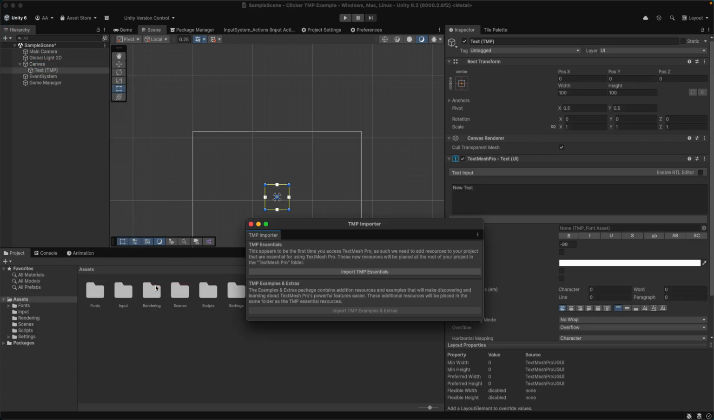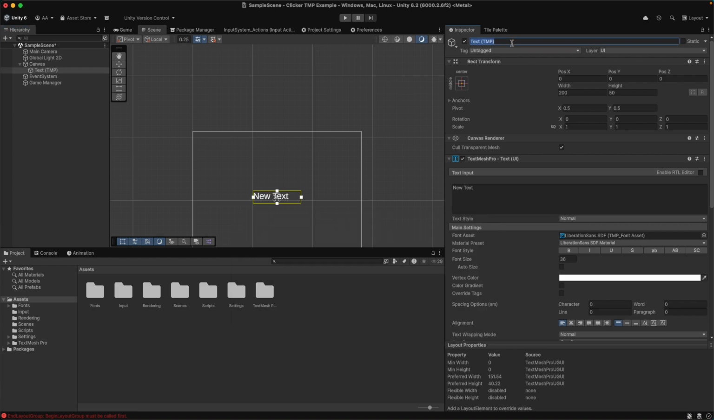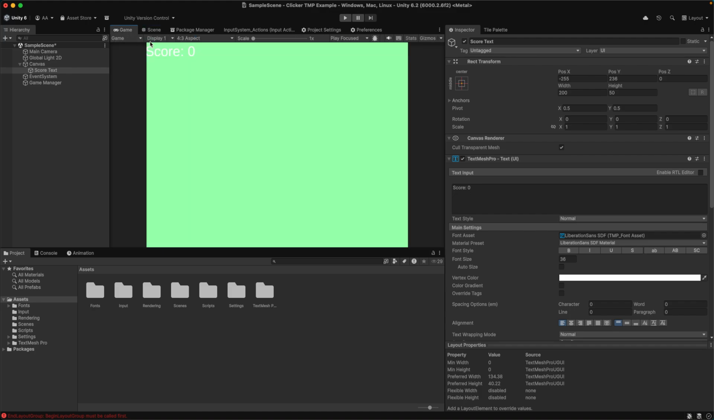TextMesh Pro. For example, I have one called Score Text, and TextMesh Pro will prompt you to import TextMesh Pro. Otherwise, this will not work. Either way, wait for it to do that, and rename this. In my case, I'm going to rename this to Score Text. And I'm going to set this text to be score, and then hashtag semicolon space 0,